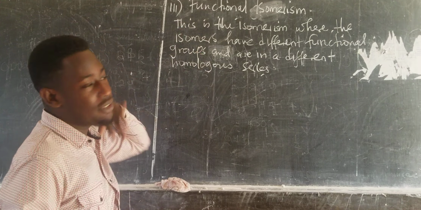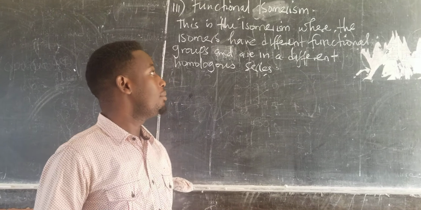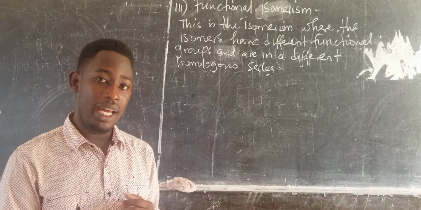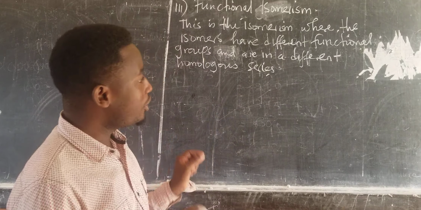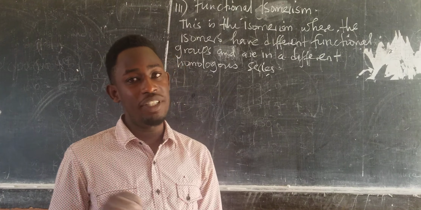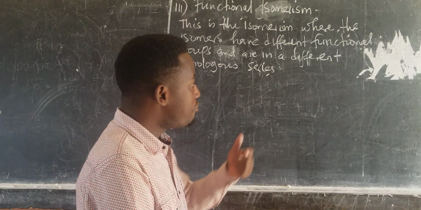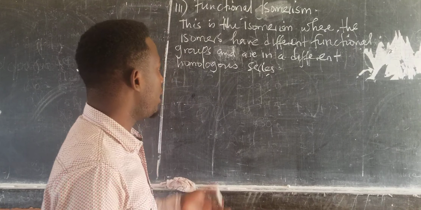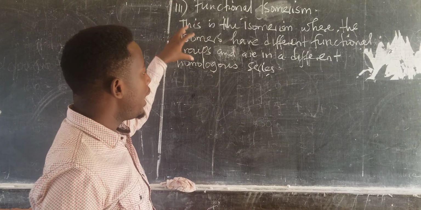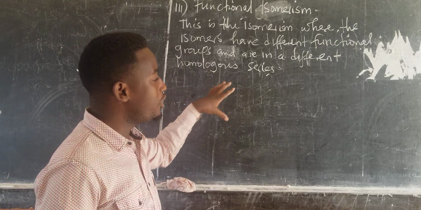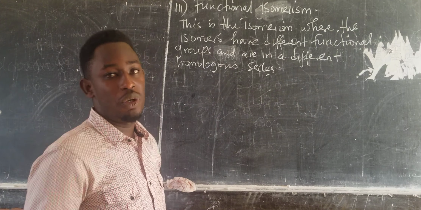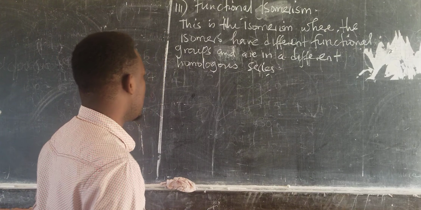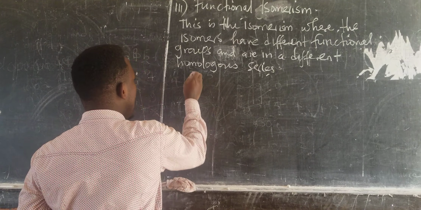Okay, now the last part on structural isomerism is called functional isomerism. In this case, the molecular formula is the same, but the structural formula is different, and its difference is caused by the different functional groups. So it is very possible for a compound to have the same molecular formula with another, but the functional groups are different. For example, the easiest example I can bring is if I'm going to consider